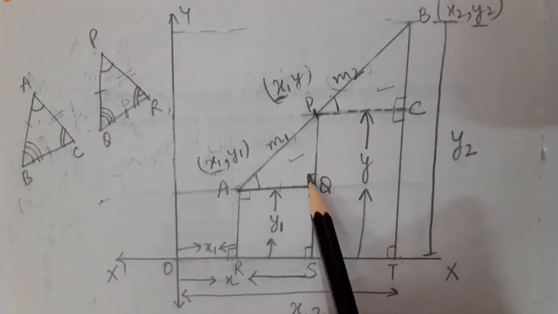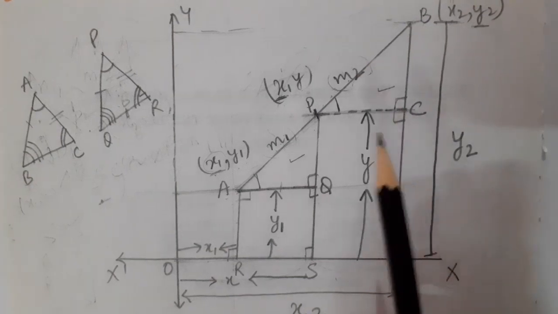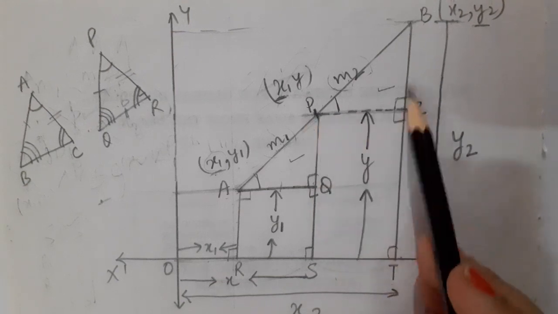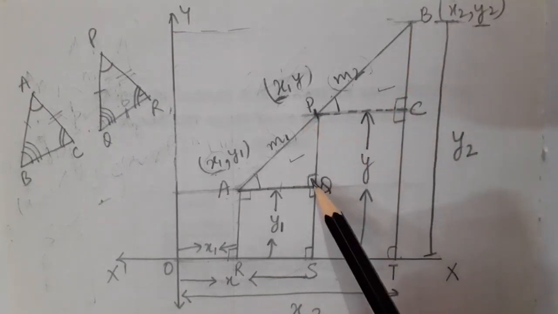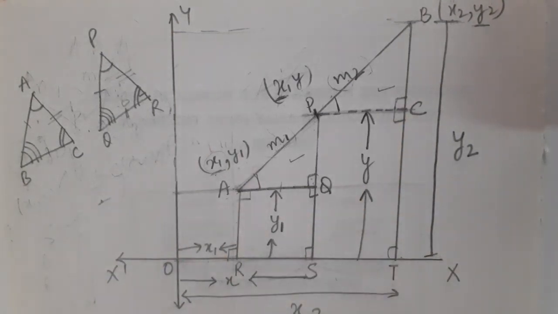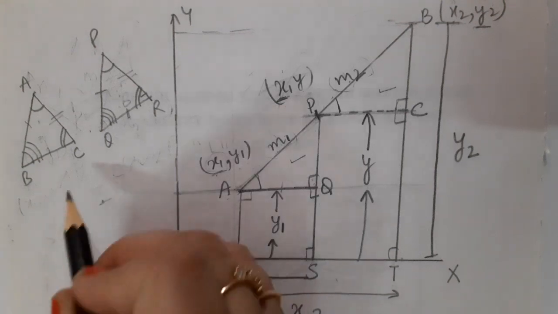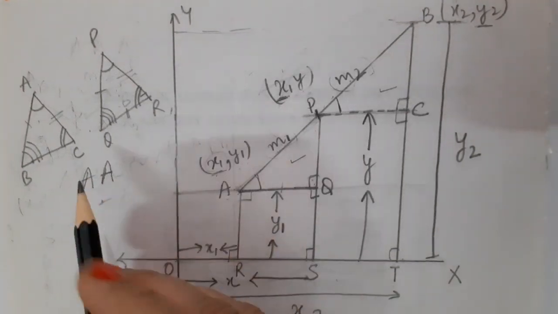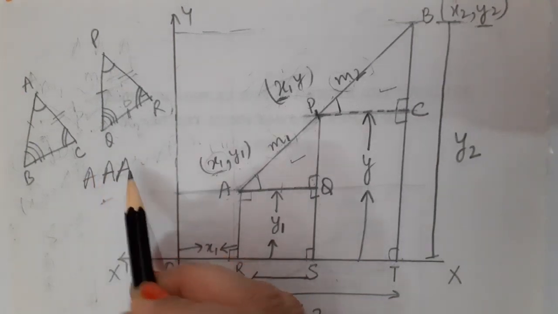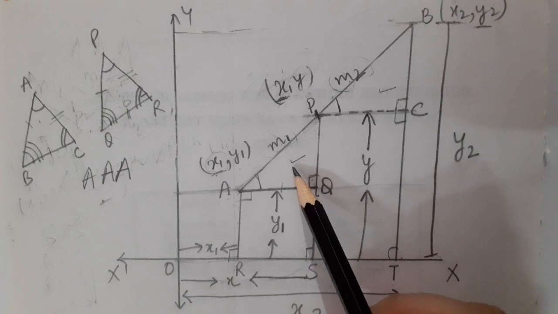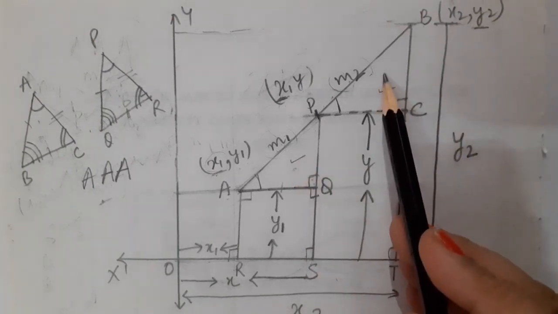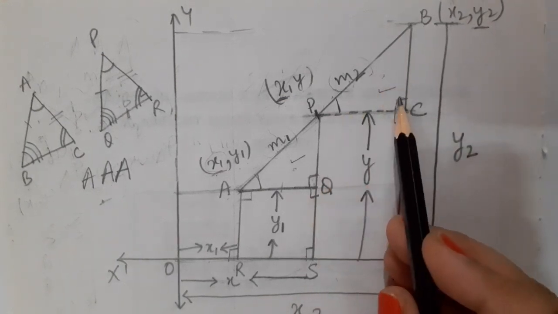Fine. As I told you in the construction, we drew perpendiculars. So can I say that angle AQP, which is of 90 degrees, must be equal to angle PCB? So this angle is equal to this angle. Okay. Basically, now I am going to prove the similarity of two triangles using the double A criteria. Now the question arises, what do you mean by the double A criteria? We can call it double A also, we can call it triple A also. It means you have to prove that all three angles of this particular triangle are equal to all three angles of this triangle. Okay. So one I have proved, that they both are equal.